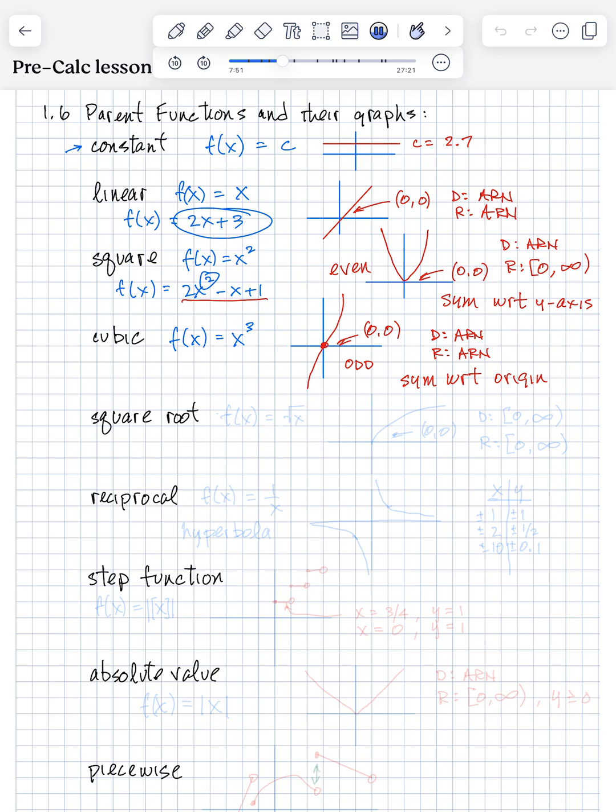Okay, the next function, square root function, f of x is equal to the square root of x. And we know that x cannot be less than 0 because we're still talking real numbers, not imaginary numbers. And so it's going to start, if we were to graph this,